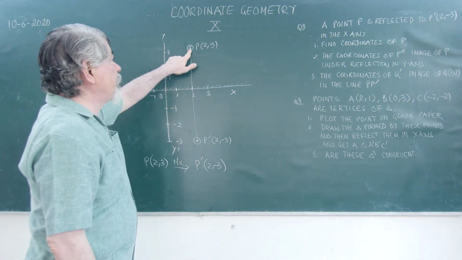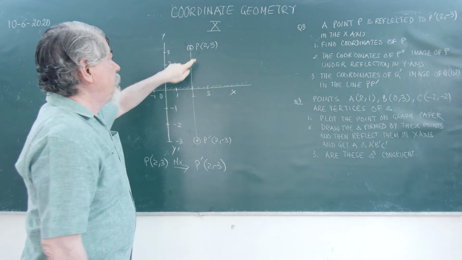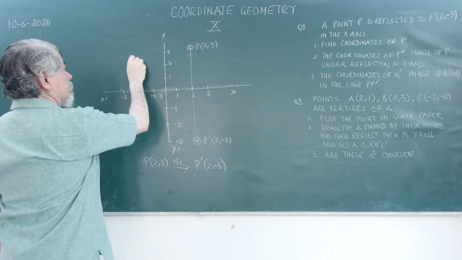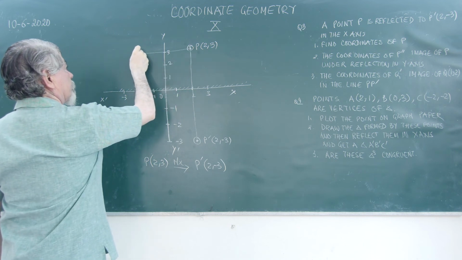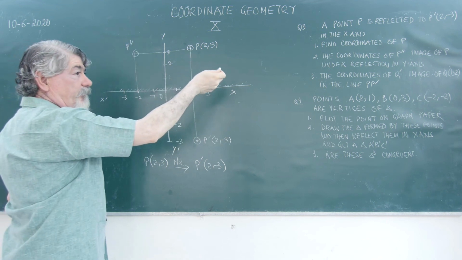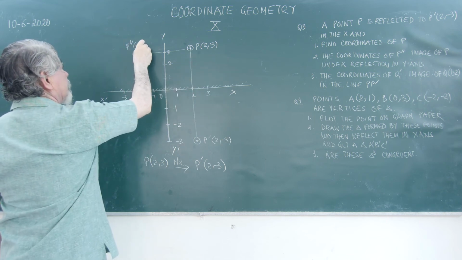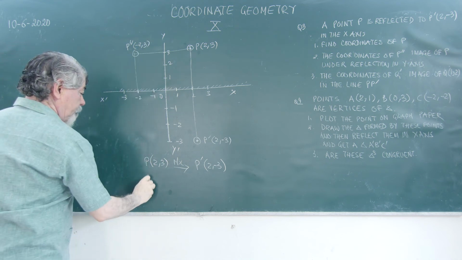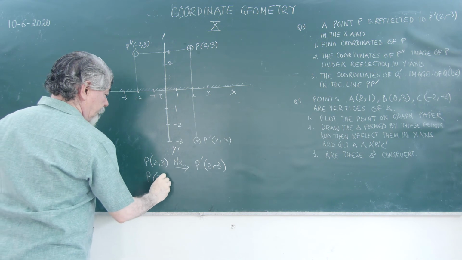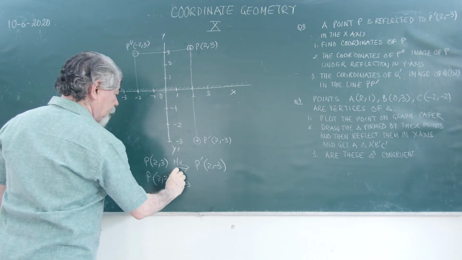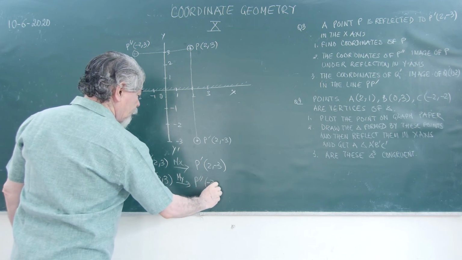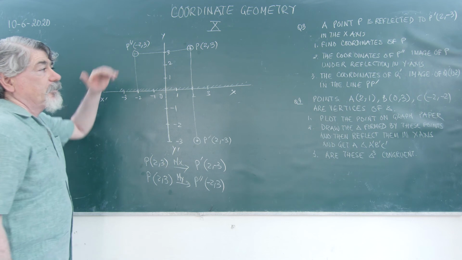Now P has to be reflected in the y-axis. So if I reflect it in the y-axis, it is 1, 2, it will come to this side, same distance. And this P double dash will become what? When you're reflecting it in the y-axis, the sign of the x coordinate changes: minus 2, 3. P 2, 3 is reflected in the y-axis, it will become P double dash as minus 2, 3, which I have depicted in the graph.